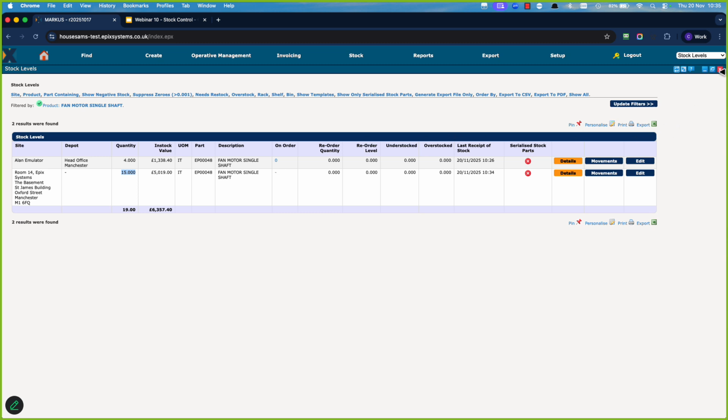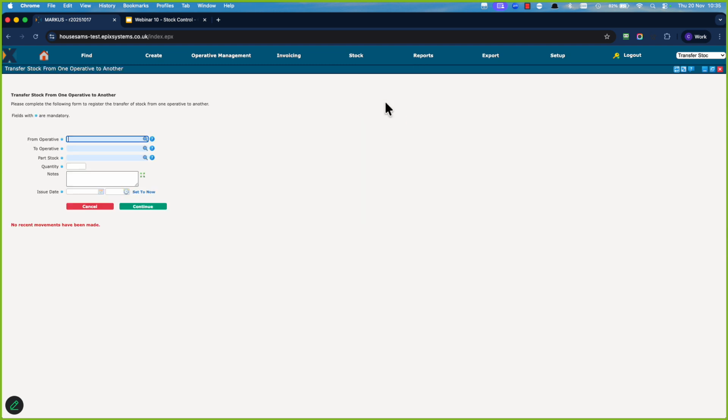So the same would apply for the other actions that you saw me doing on the mobile app that are also possible here on the back office as well. I won't do issue stock from depot. I'm sure you can work out what that does. Transfer stock does exactly the same as what you think it does on the mobile app, where we say I want to go from Alan to Derek, part code